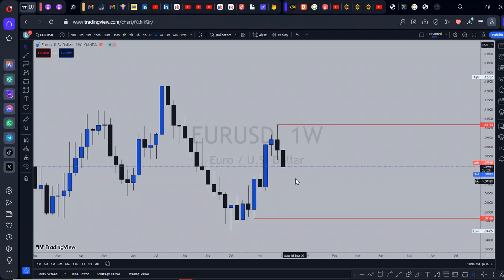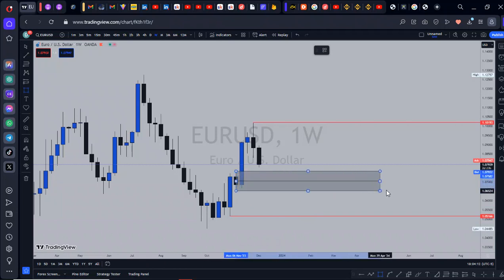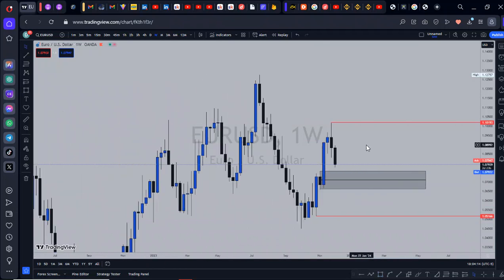Okay, so now what am I looking at? I'm trying to look for the demand that could possibly push the price higher, and if it fails, then I might be looking for lower pricing, and that is to look for the supply responsible to violate that demand. And the demand in which the algorithm left behind is right here, right?